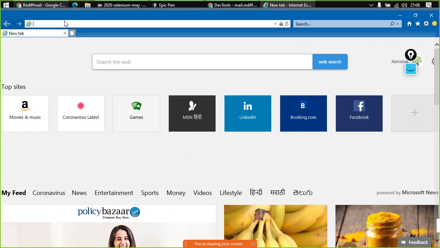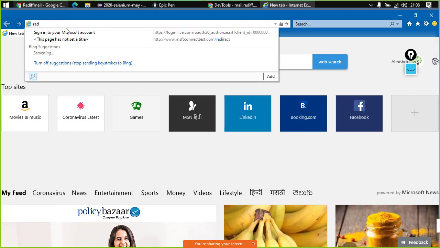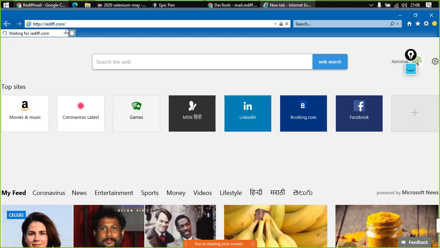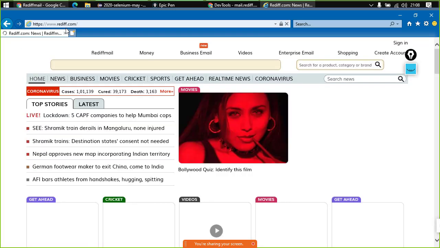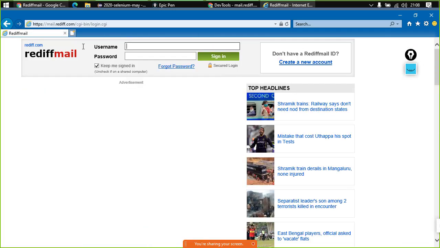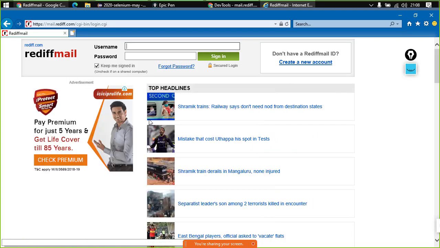Now over here, we'll go to the same page, that is rediff.com. Our intention is to go to the login page. So let us just click on sign in. This is the same page that we are getting here as well. Right click here.